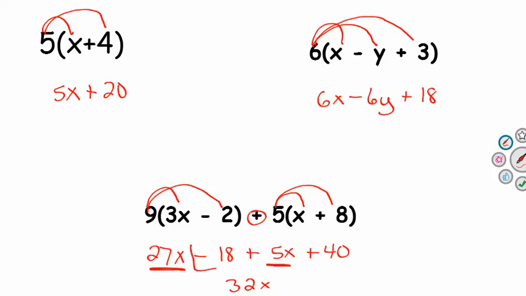So let's look at the sign in front of it. I have 40 positives over here, and I'm going to take away 18. So I have more positives over here. So that's plus. So that would be